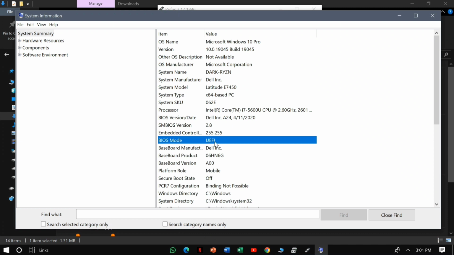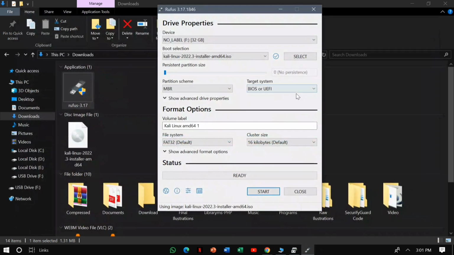If it says BIOS, then it means your partitioning scheme is MBR, and if it says UEFI, it means that your partitioning scheme is GPT. So mine says UEFI, so I came to know that my partitioning scheme is GPT, so I will choose GPT here.